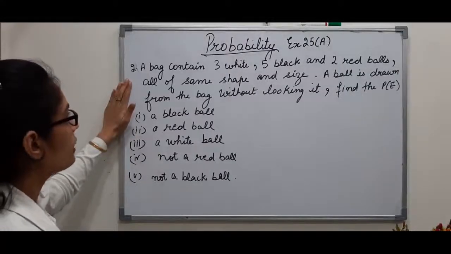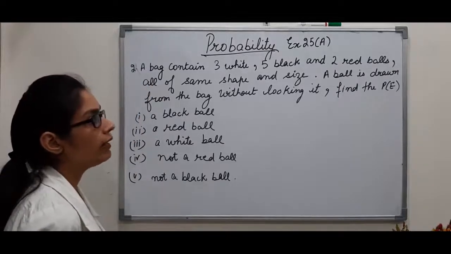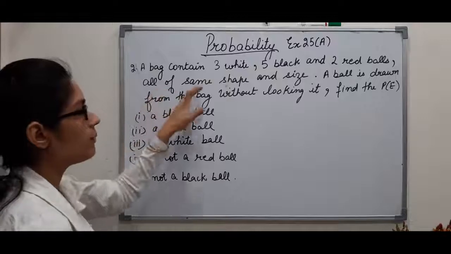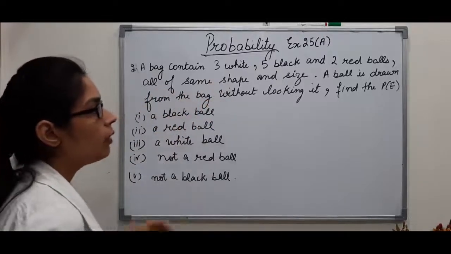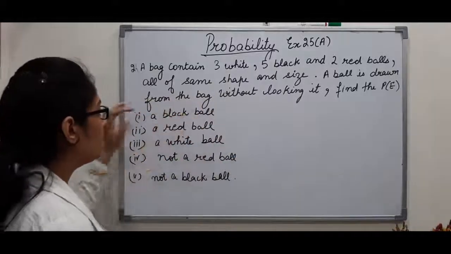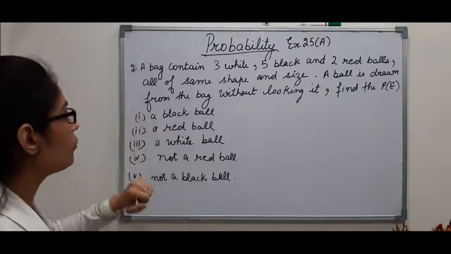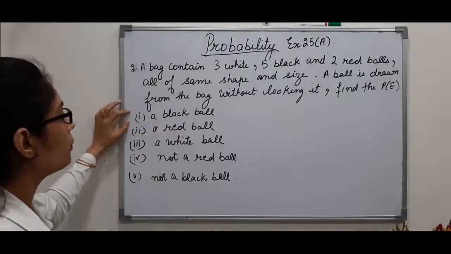The next question is: a bag contains 3 white, 5 black and 2 red balls, all of same shape and size. A ball is drawn from the bag without looking into it. Find the probability. The 5 parts are given, so we will start one by one. First we have to find the probability of